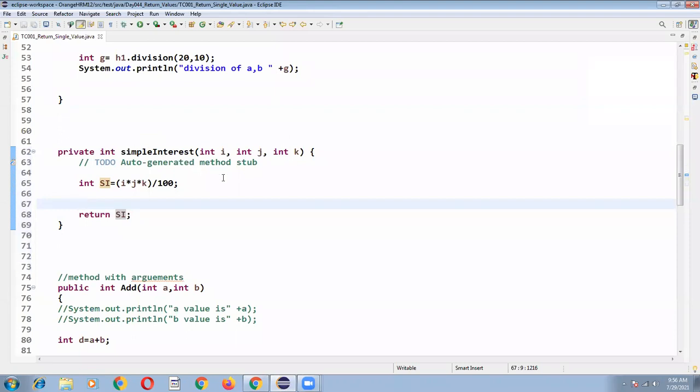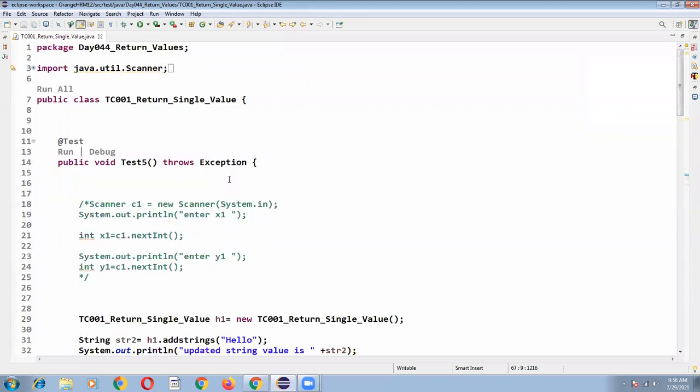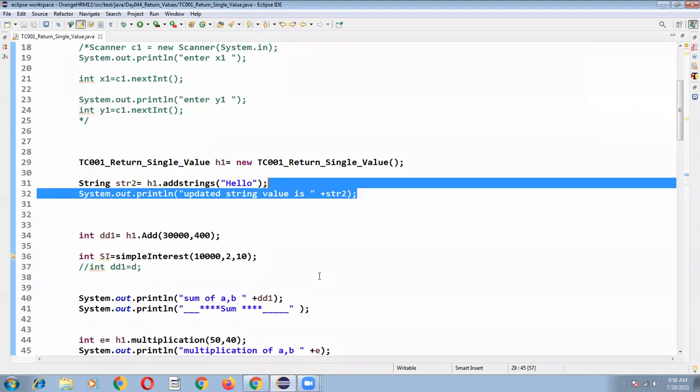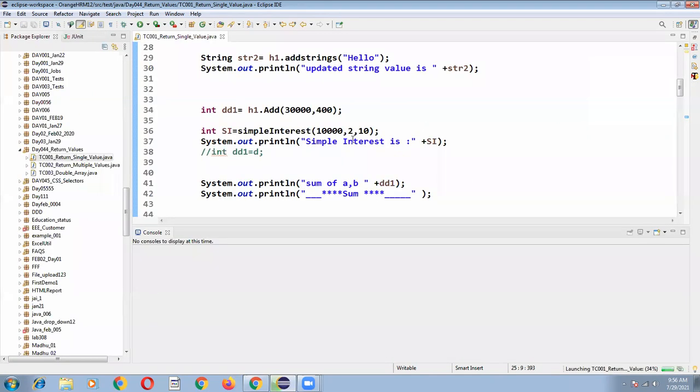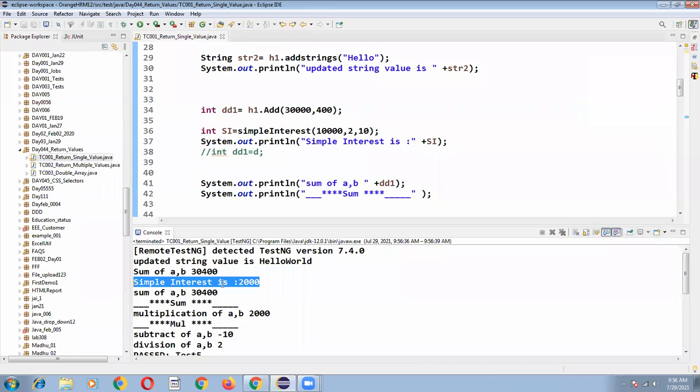Okay, let's go back to here. Simple interest is SI. That's it. If you run the program, I can get the input values, and based on my input parameter values I can get the simple interest. Okay, let me check. Simple interest is 2000. So 10,000 into 2 into 10 by 100, it is returning 2,000 simple interest.